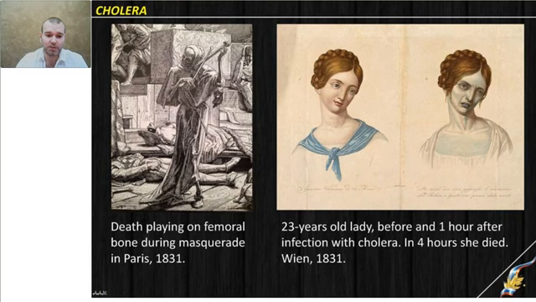So again, you have multiple confirmation and description of that disease in human history. We have a few very famous pictures which are present in different museums. One is the dead plain on femoral bone, when in Paris, France, there was a severe epidemic of cholera, and you see that a lot of citizens were dead.